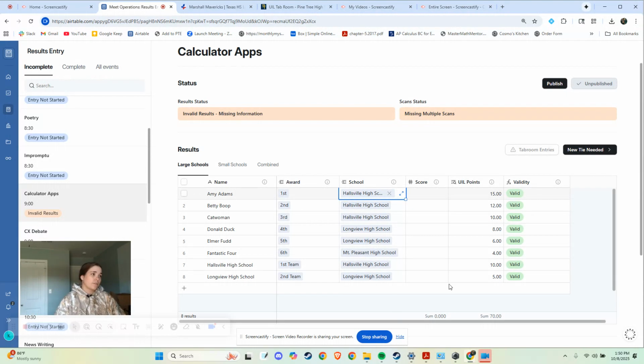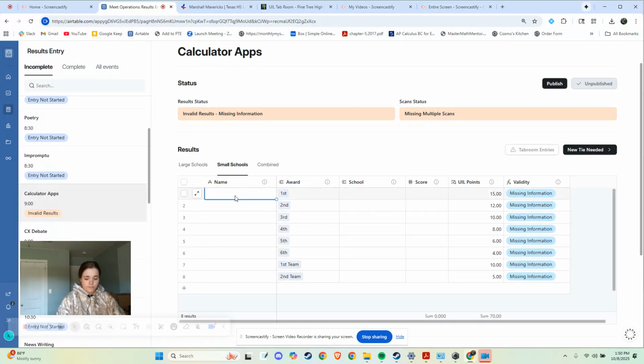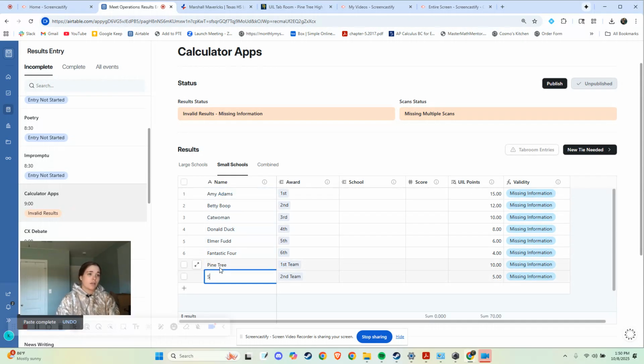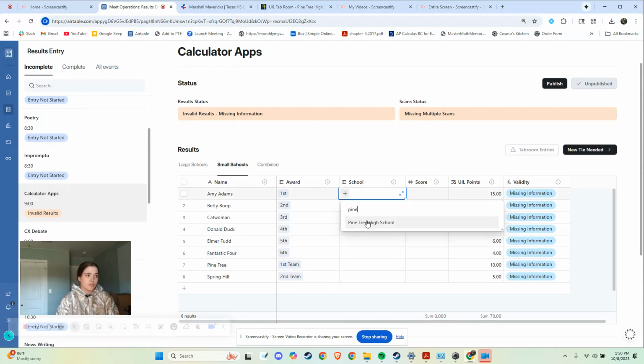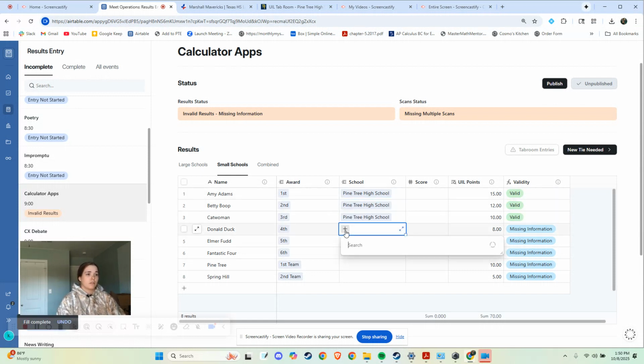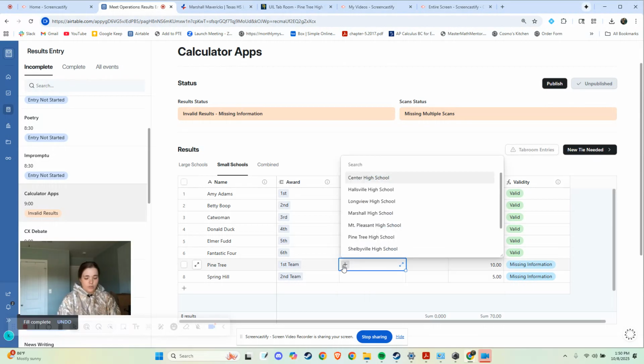You're adding all of their schools. It automatically gives you all of their points. And then you do the same thing for the small schools. We'll say Pine Tree's winning that. And then Spring Hill. We'll give these first 3 to Pine Tree, and then we'll give the rest of them to Spring Hill. And then we'll go Pine Tree,